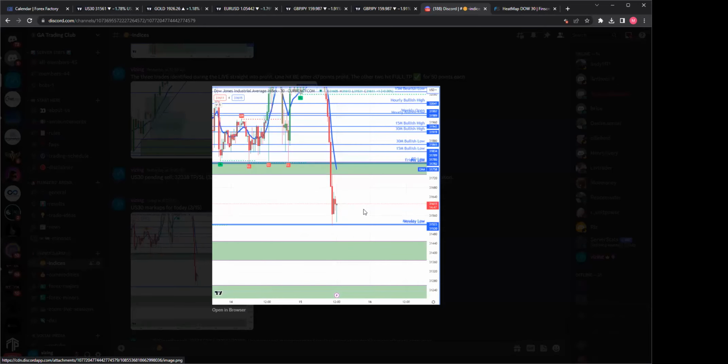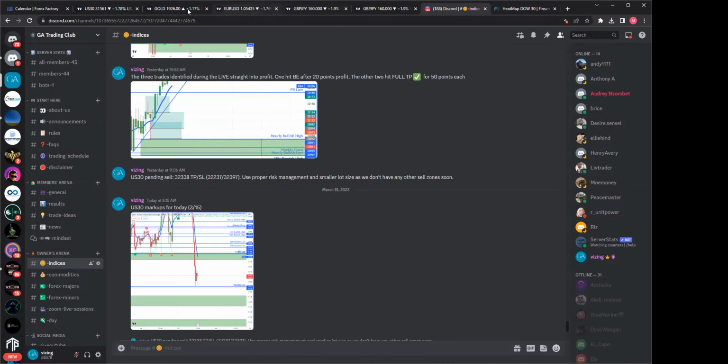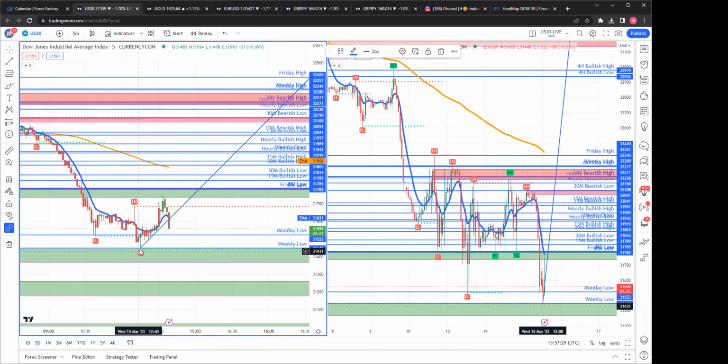So this I sent this morning at 8 a.m. And right now price literally rejected from the top of that zone and shot all the way up for close to 300 points on US 30. A 1 lot or a 0.5 lot, this one you would have made, what is that? With a 0.5 lot, you would have made maybe $1,000 on that, if I'm not wrong. Because a 1 lot,